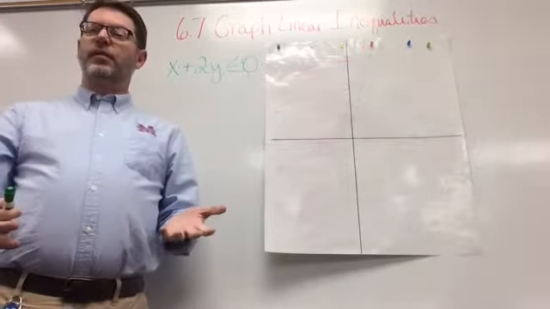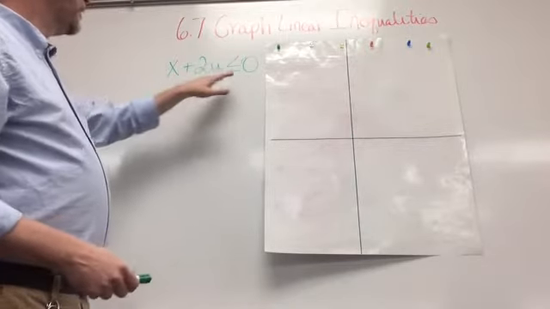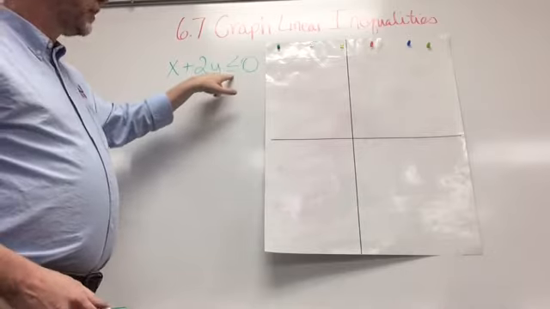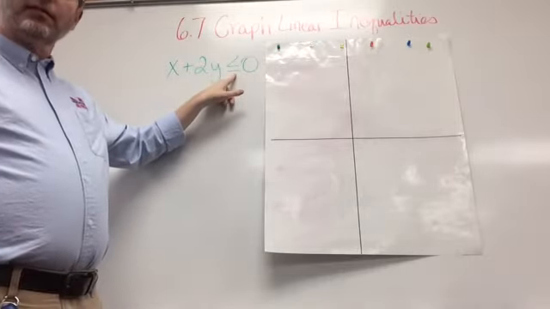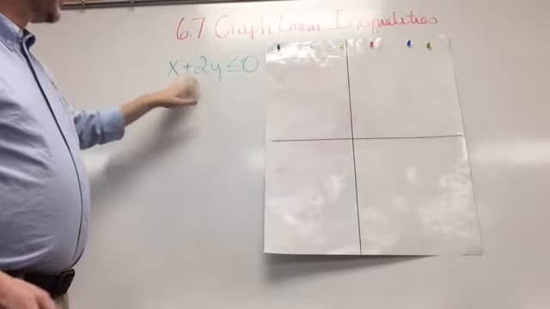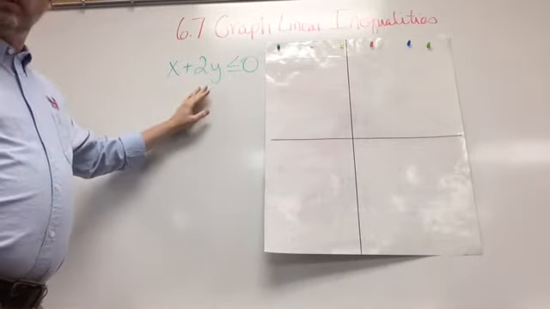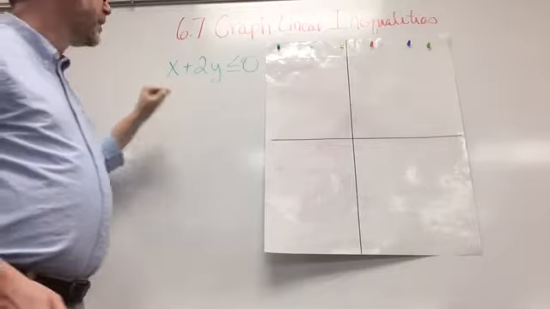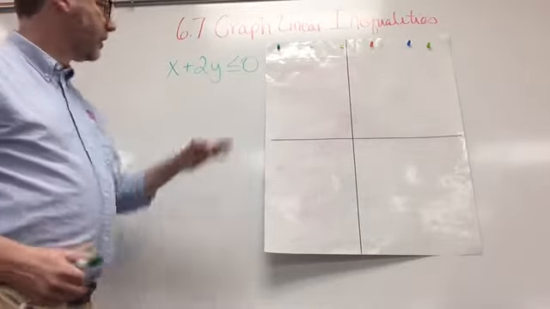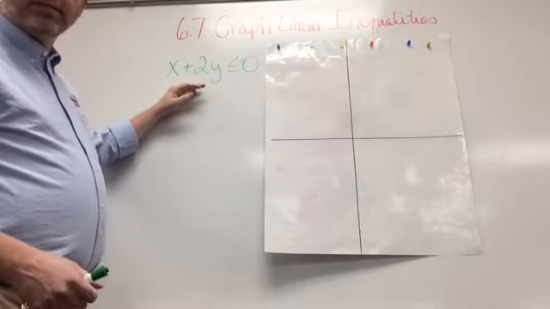So here's our next example. x plus 2y is less than or equal to 0. Well, the first thing we notice is we have less than or equal, so my line is going to be solid when I draw it, which is a good thing to note in the beginning. But I need to get this to a point where it is in a graphable form. Right now, I can't pull out my slope or my y-intercept because it's not in slope-intercept form,